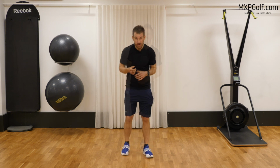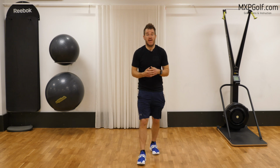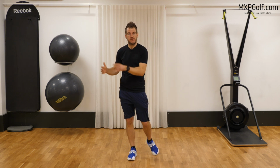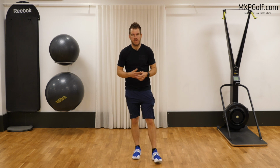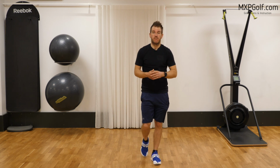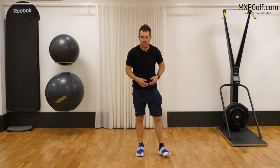Great. There we have the more general movements that I absolutely love, that I do with every player for every situation, and I personally do it in the gym. Pretty much every day I'm going to do some kind of these movements, and from there I want to go more golf specific. So what I want you to do next is get in your setup position, kind of thinking